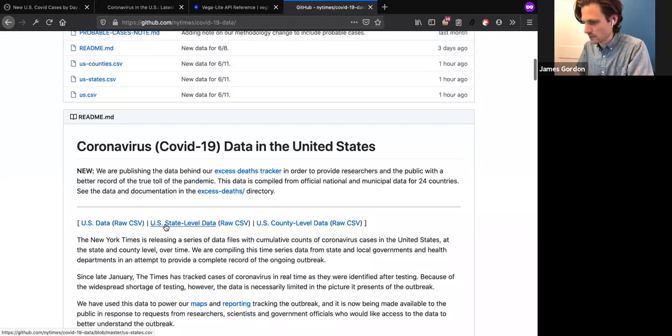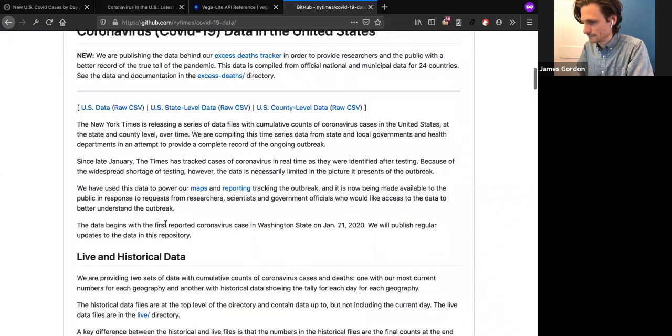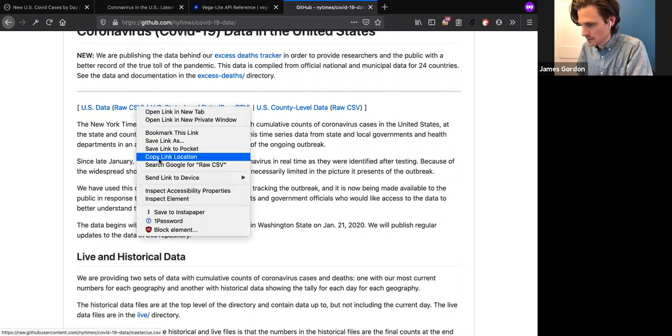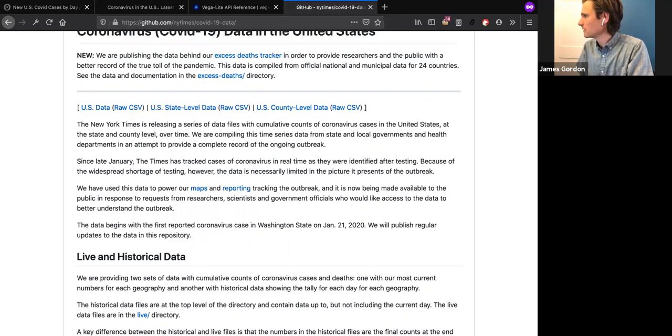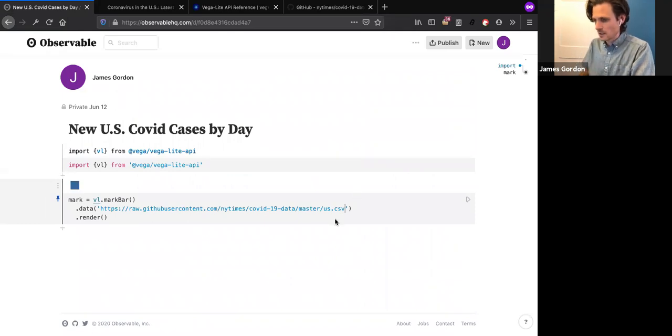So I'm going to go to the raw CSV file, copy this link, and I'll drop it in the chat too, so you can copy it from here if you want. Then I'm going to put that in quote marks when I pass it into data to get the URL. And so now our chart has data, but